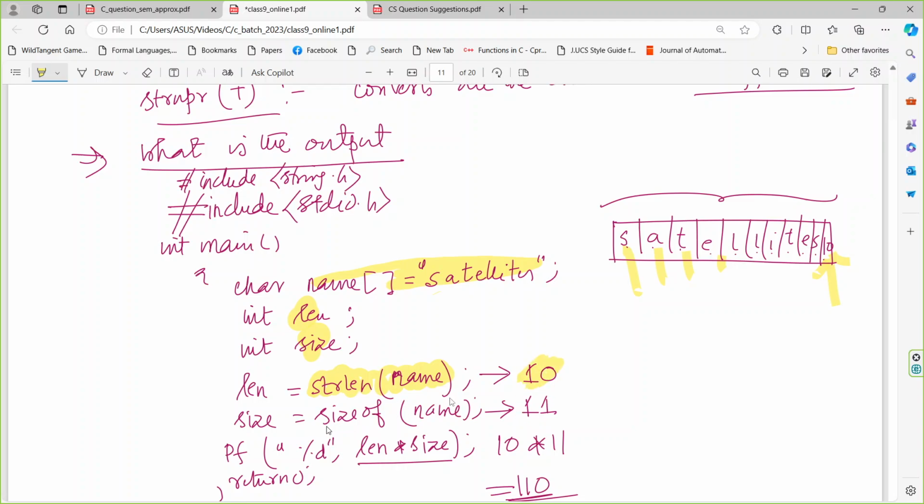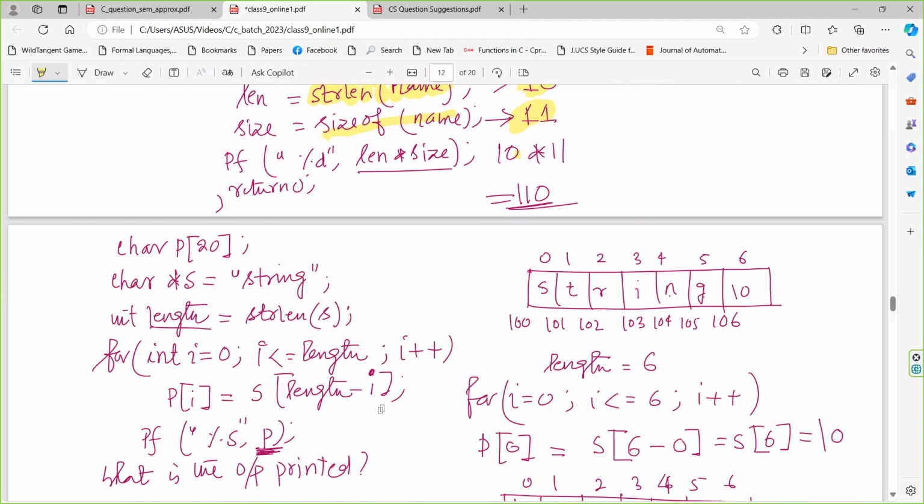And if you want to find the sizeof name, sizeof actually takes the null, so the size of the string is 11. So if you multiply length and size, that will give you 110. That is one type of question that you may face. And another type of question is like that,